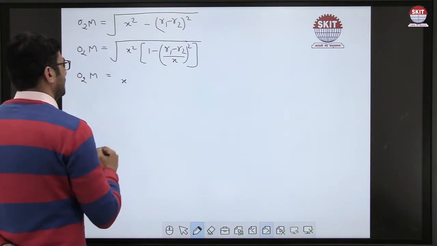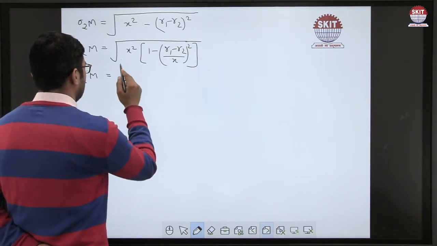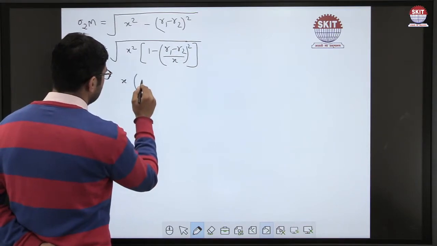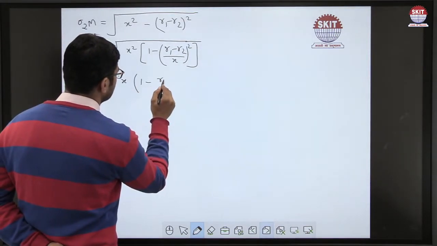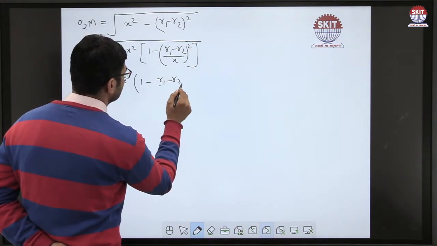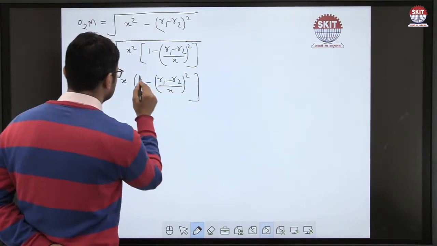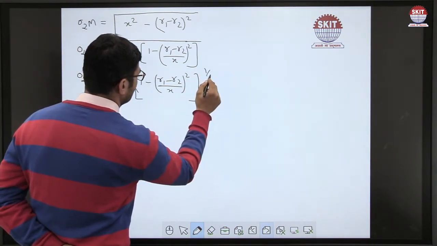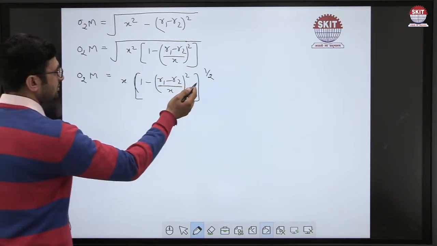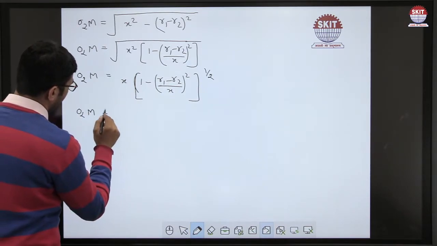We take out the x square from the square root and the remaining expression is written in this manner. We expand this mathematical expression and the final expression of this